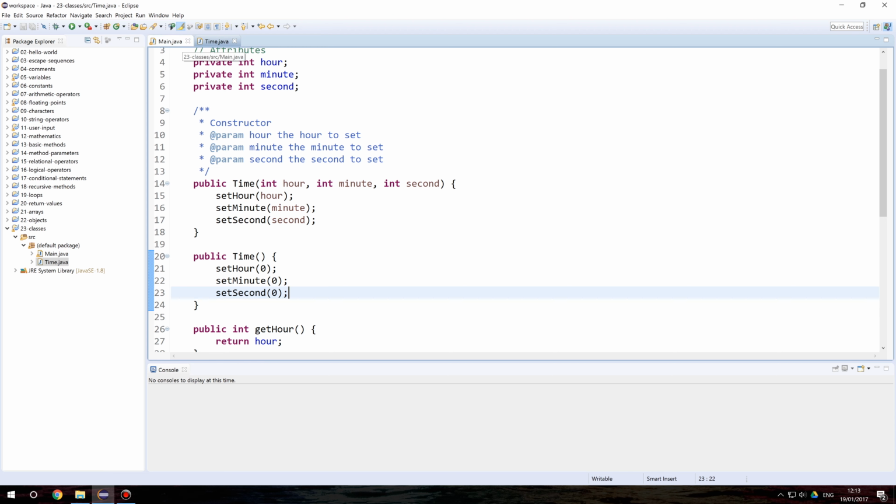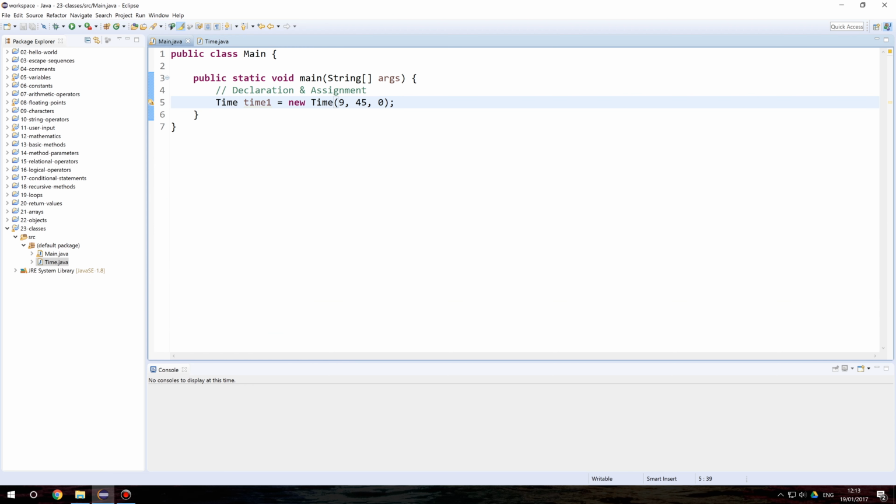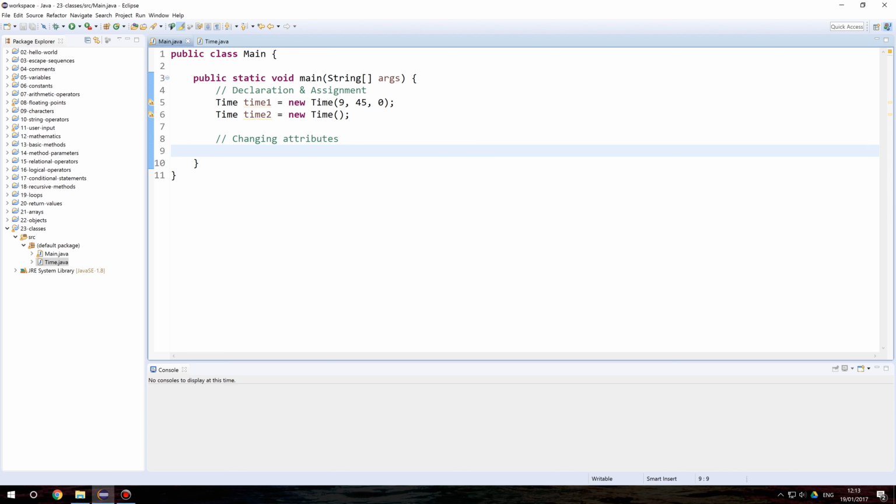So if I then hop back into main, and we're pretty much done with the Time class now, I want to create a second Time instance. And here, I'm not going to define any parameters, and that's okay. What this is then going to do is go, okay, this one is just going to be equal to midnight. And again, like with the points, I can use the set methods that we created to change the attributes. So let's say time1.setHour,